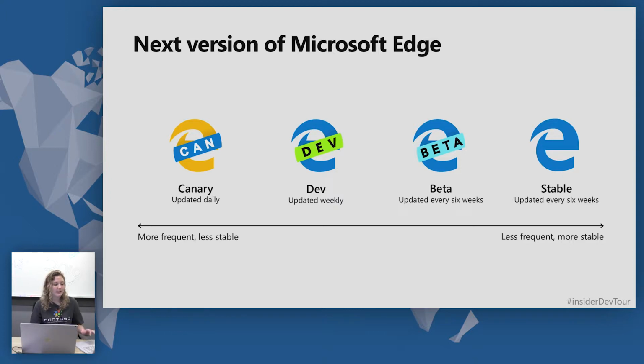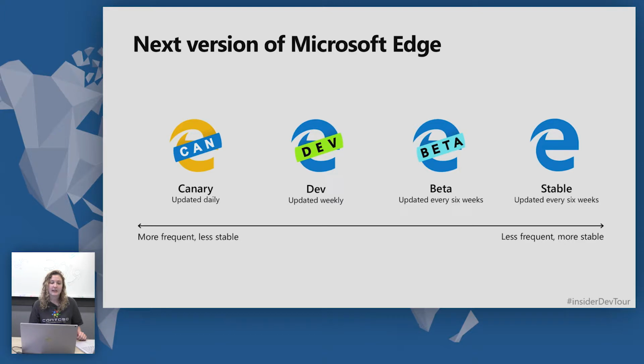This is truly bleeding edge, so you may discover bugs before you have a chance to fix them. We also released the dev channel last month, which is updated weekly. We essentially pick the best build of Canary of the previous week and then support it in dev the next week. We haven't yet released the beta or stable channels, but the beta channel will reflect a significantly more